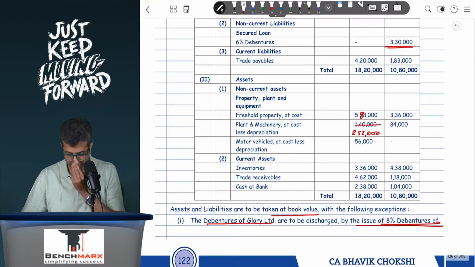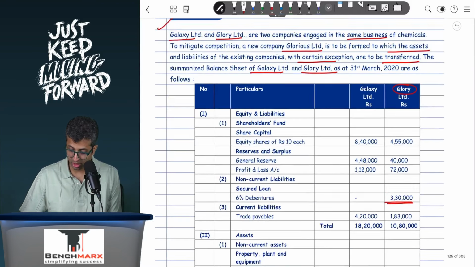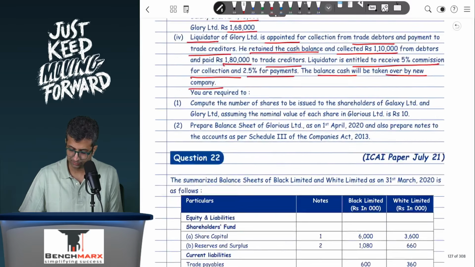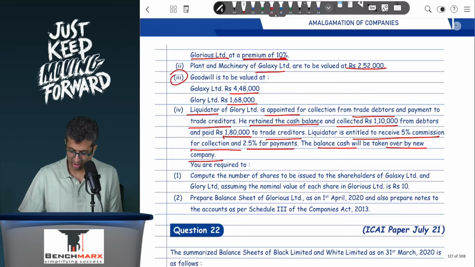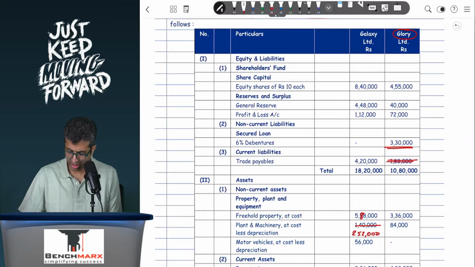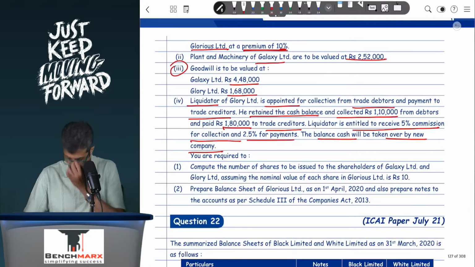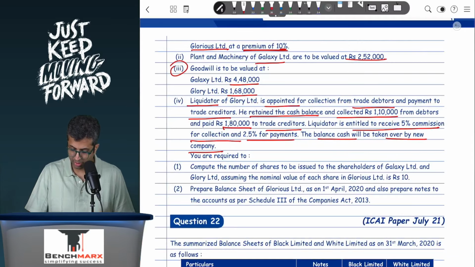Now we can say that over here, trade receivables of Glory will be collected. Instead of this, 1,10,000 of trade receivables will be collected, and trade payables over here will be paid. Instead of 1,83,000, I believe 1,80,000 will be paid. However, there is some commission as well. So what will be the commission amount? Well, this will be 2.5% on payment. So this is 2.5% of 1,80,000